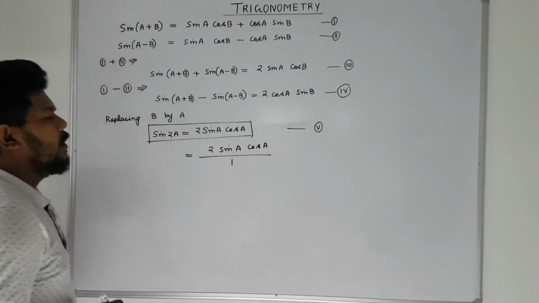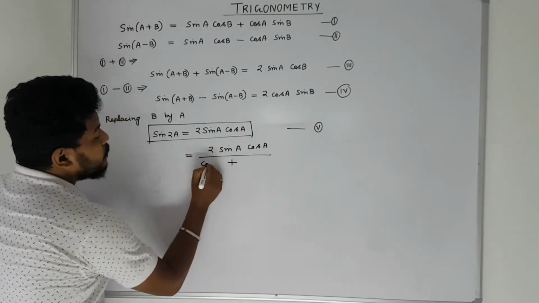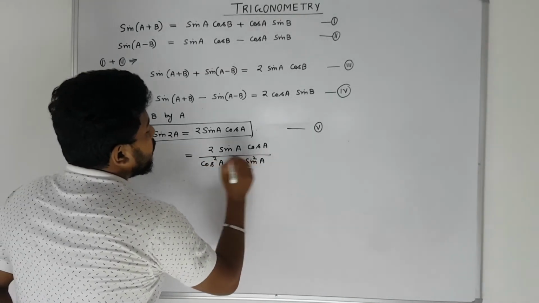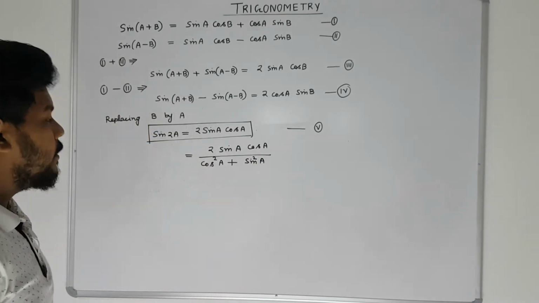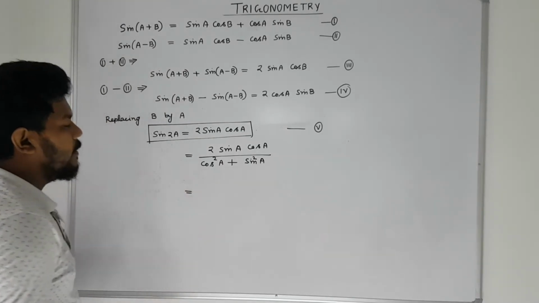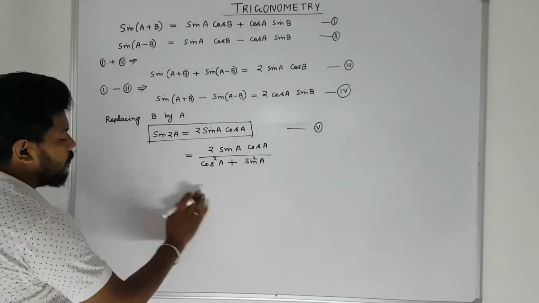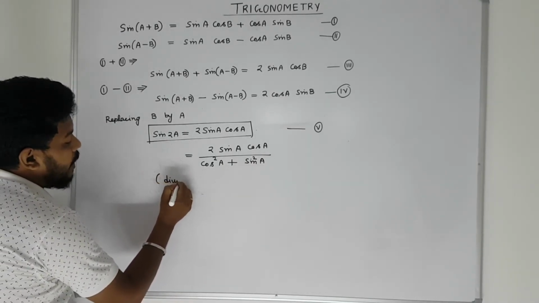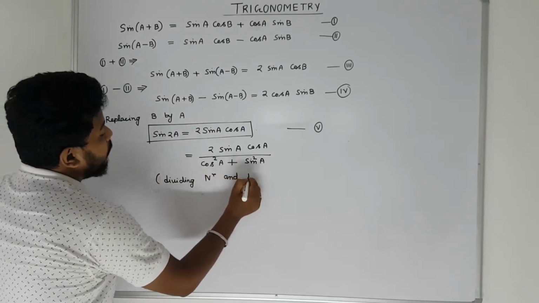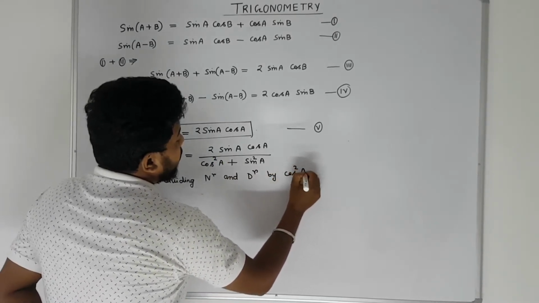Now again you can write 2 sin A cos A by 1. What is 1? 1 is equal to cos square A plus sin square A. This is the identity of trigonometric functions: sin square A plus cos square A is equal to 1. Now dividing the numerator and denominator by cos square A, you will get